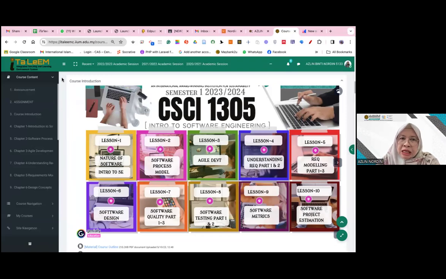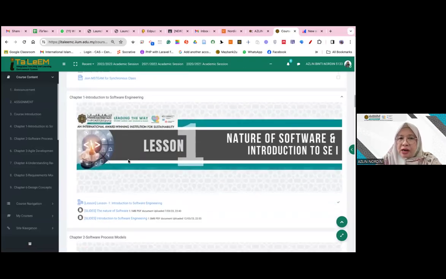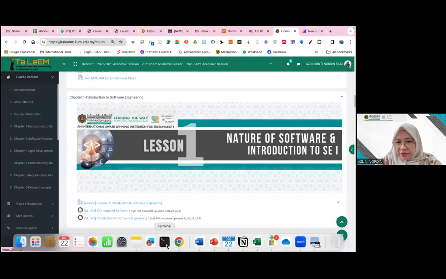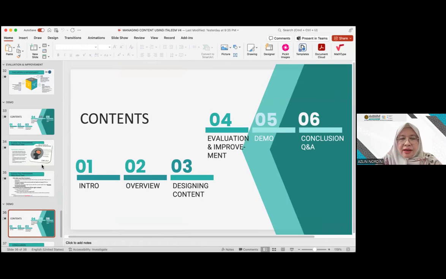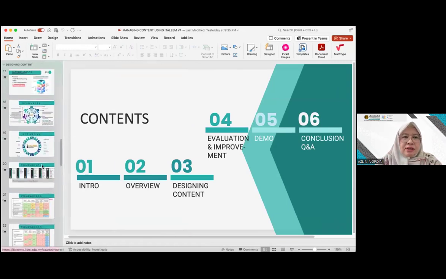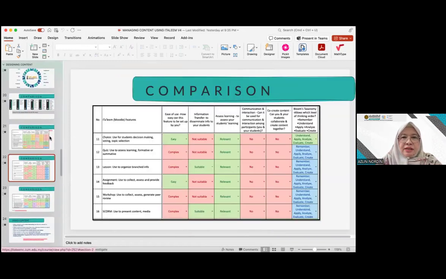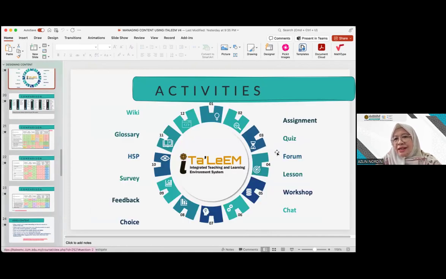So you have all the topics. Remember that this is a generic course. So when it is a generic course, all the lessons and slides are here. If you look into the features that I mentioned just now, here, the features. I'm using these features, number 13, a lesson, or here I'm using this feature for all the